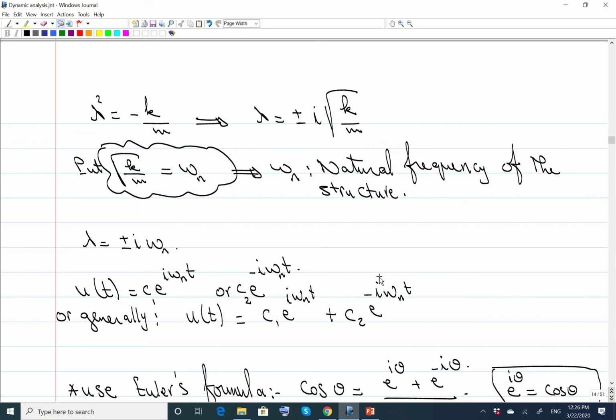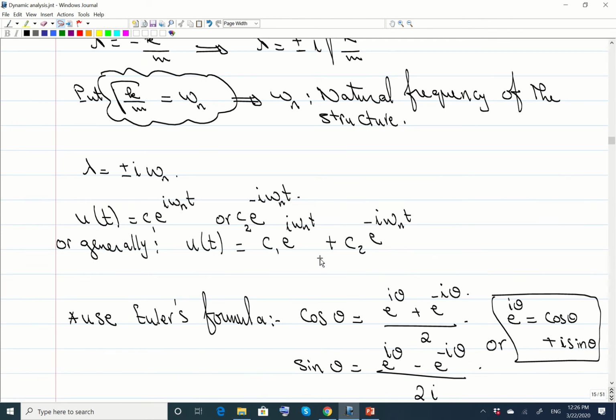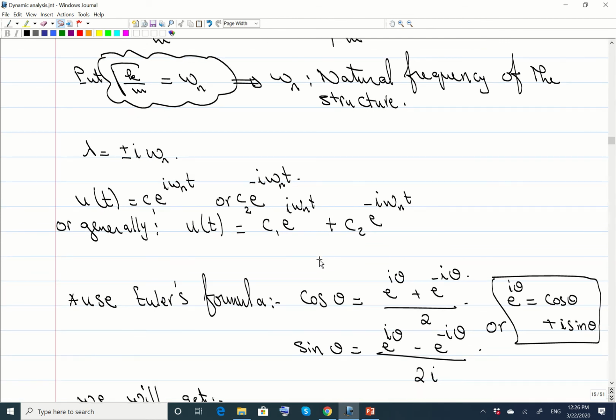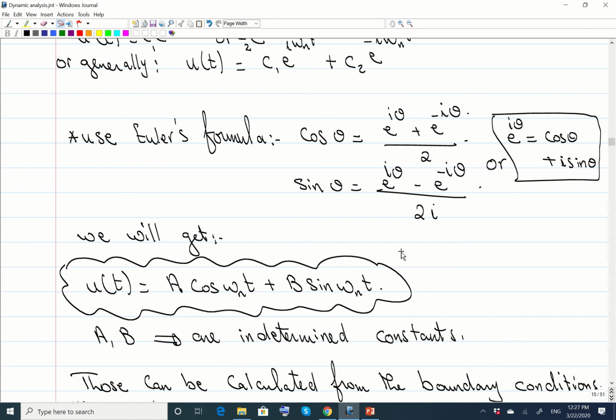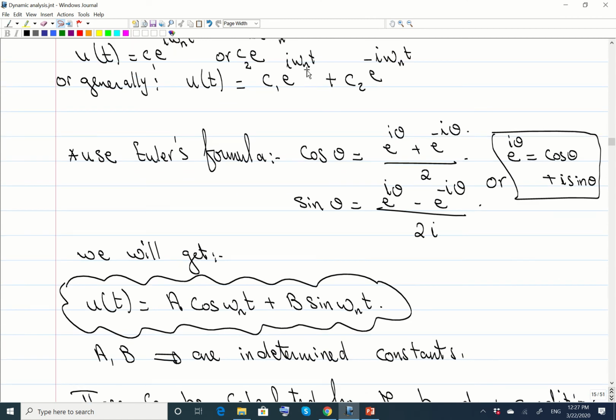So if u of t is this linear combination of the two solutions that we found over here, it will still satisfy the differential equation that we had earlier. But from Euler's formula, as you learned in math, you can substitute e power i omega n t and e power negative i omega n t and put cosine omega n t and sine omega n t from those Euler's formulas. Doing so, we will get that u of t, instead of having this exponential function with this imaginary power,